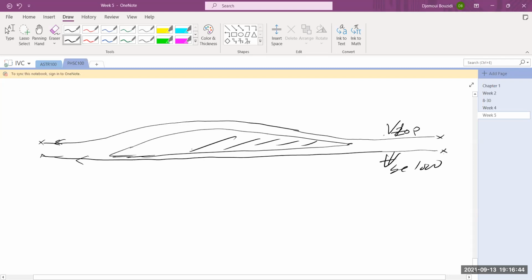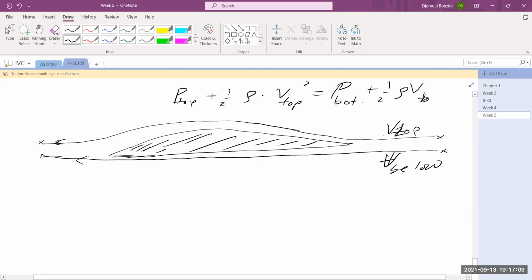So this is only the wing. Okay. Since the velocity is higher, the difference in height is negligible, so I'm not going to include that. So that means the pressure on the top plus 1/2 the density of the air times the velocity squared on the top must be equal to the pressure on the bottom plus 1/2 the density of the air times the velocity on the bottom